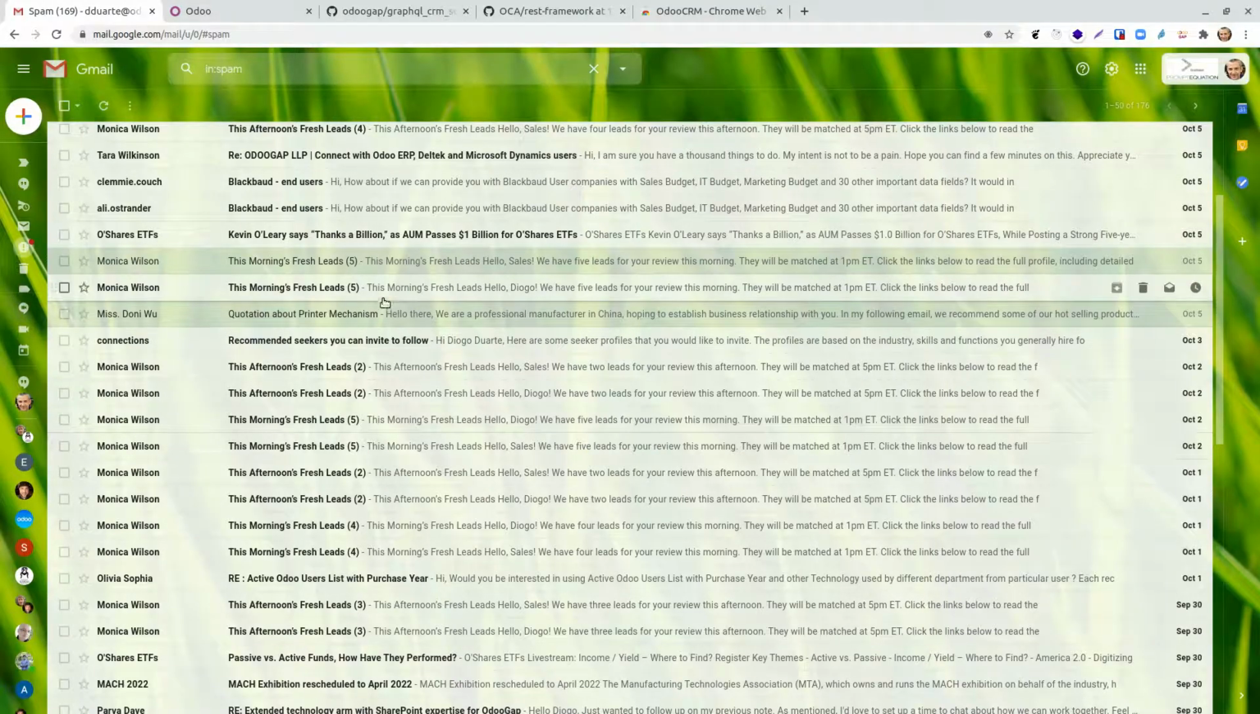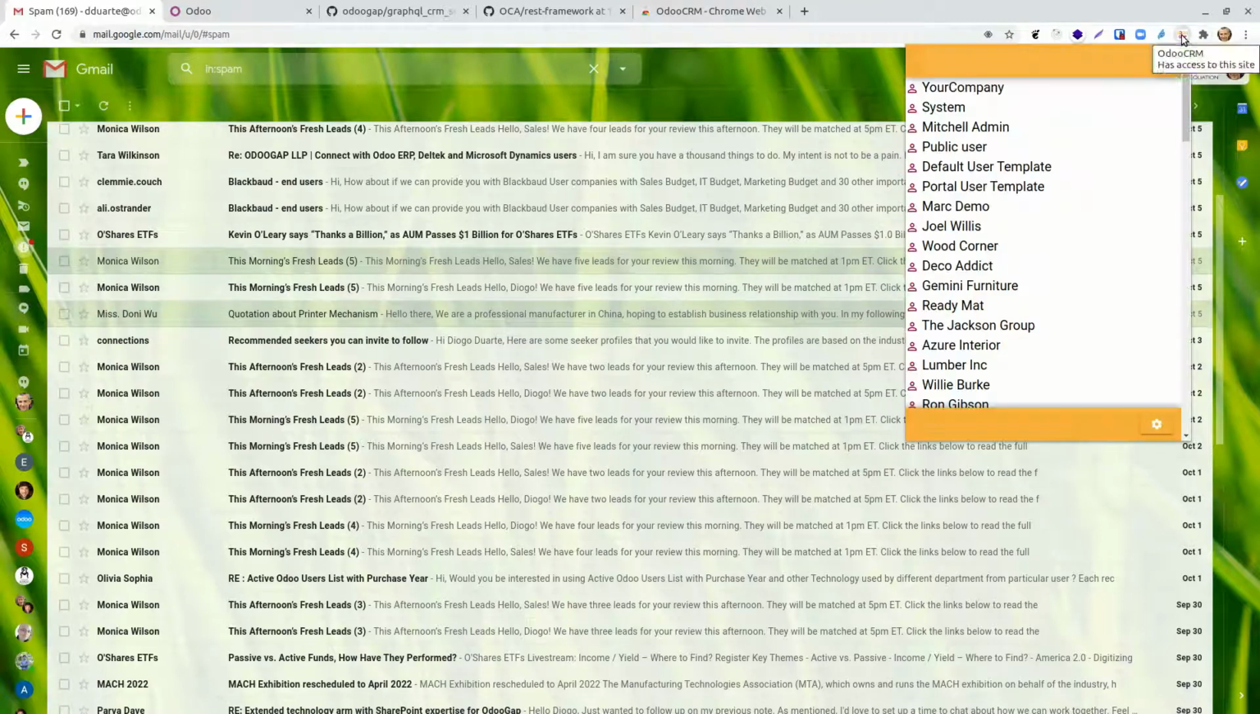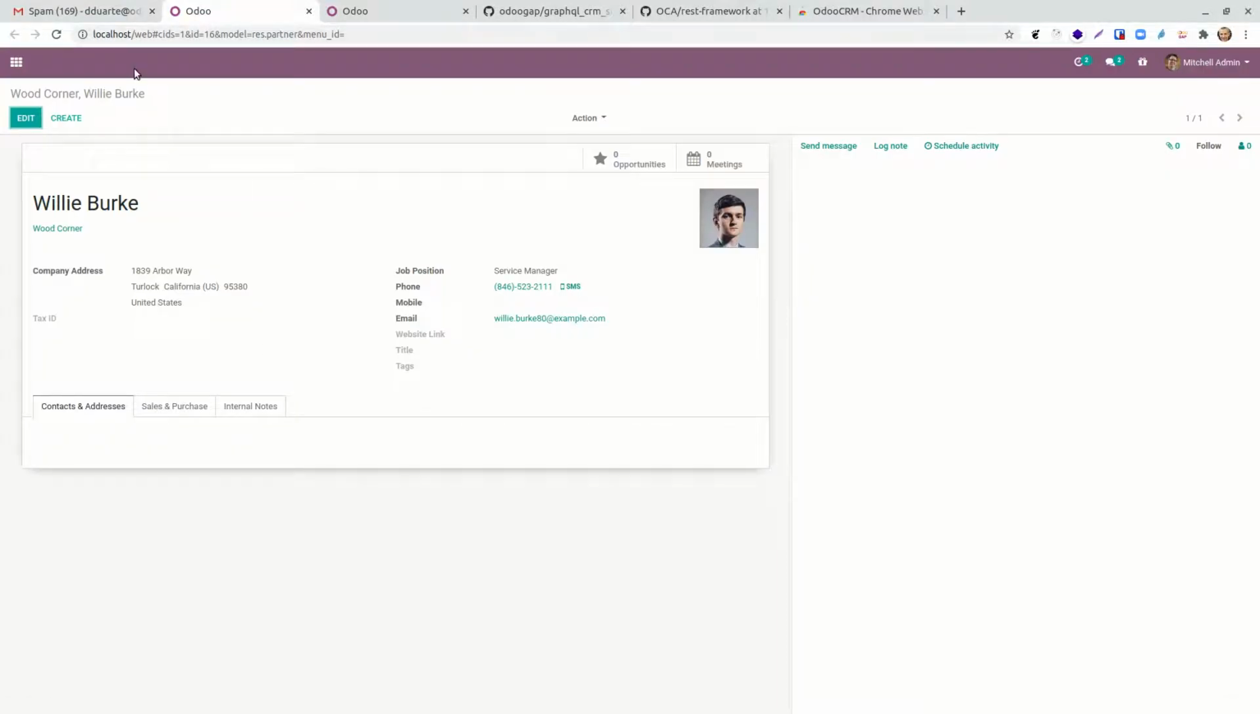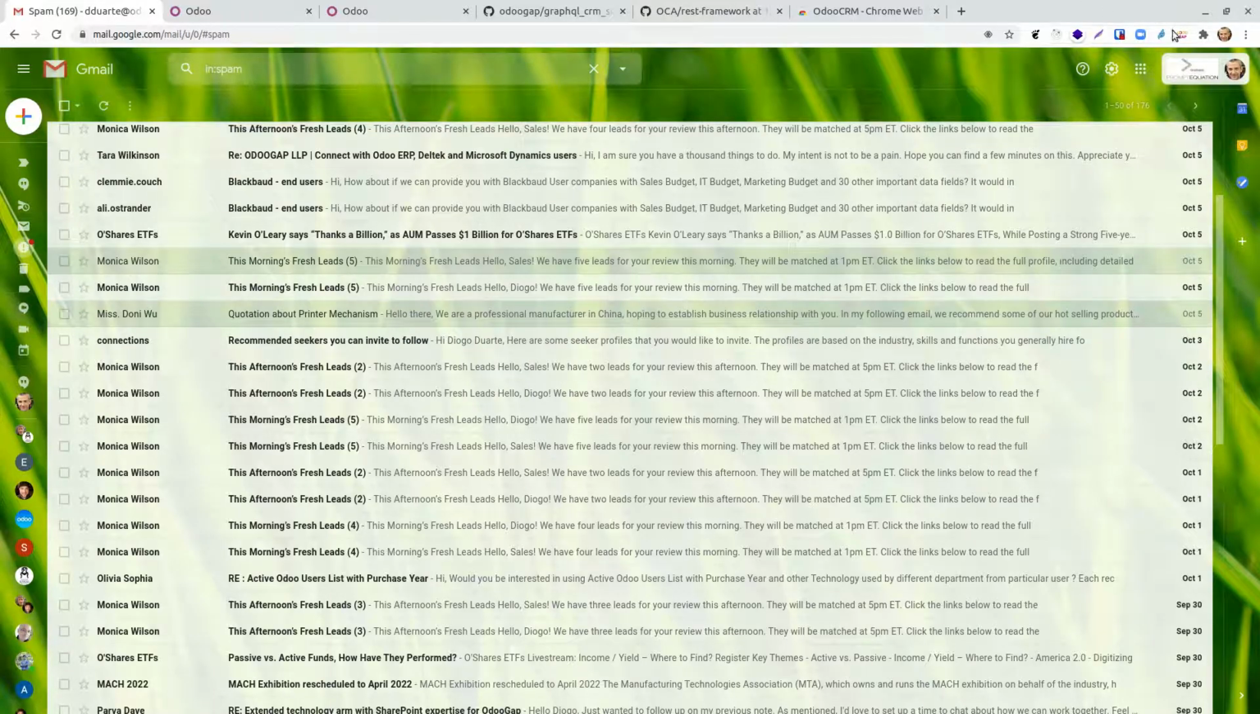So suppose you're looking at your email and you want to search for some customer or some lead. You just want to search by the email or by the lead. So if you just say view, then you have the contact itself. You click here, you go to the contact, and if you just search for a lead, it will show you